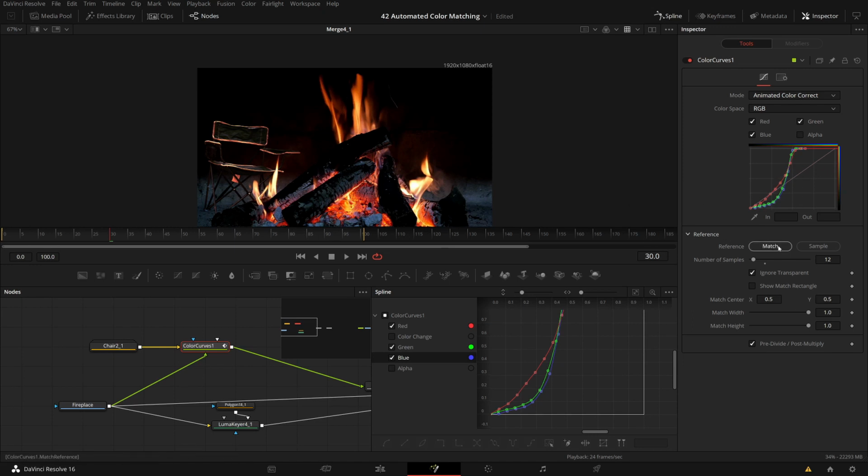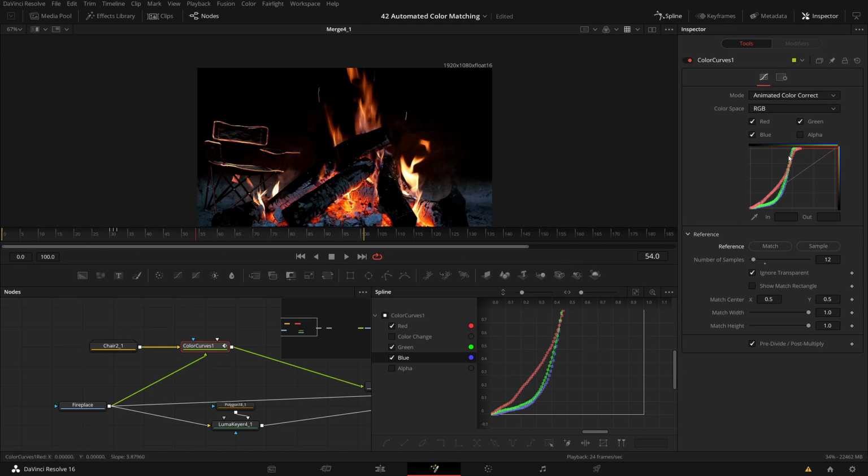The downside is, even if it's animated here, it doesn't animate this automatically. And so I see here a keyframe at 30. In principle, I could go to another frame and match again and get a slightly different match curve and so on. But I would have to click through every frame, so that doesn't sound very convenient. I don't think there's a way to directly automate this to match every single frame. So this is more like a static thing.